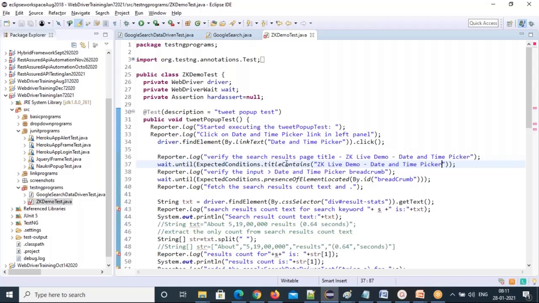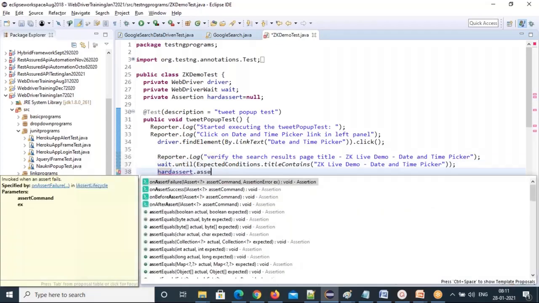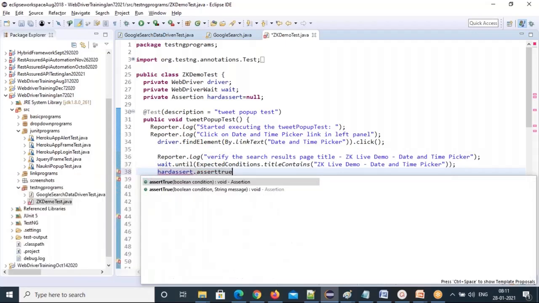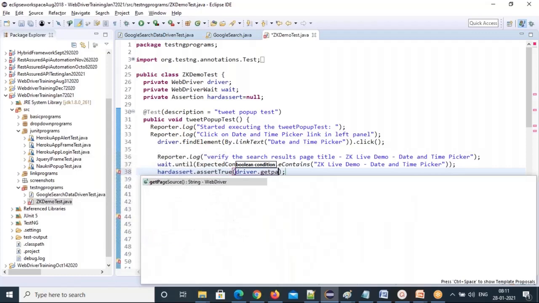You can put assertions for this. If you want to put assertions, you write hard assert dot assert equals or assert true. Just do assert true. Okay. Even there is a message also. You can put a message also there, right? Driver dot get page source.